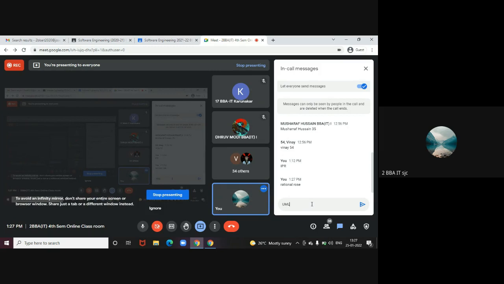UML is actually the language where we can implement all these diagrams. UML stands for Unified Modeling Language. By using UML, you can implement all these diagrams, but UML is again a big subject. We are not going to learn anything about UML. It is an object-oriented designing methodology. But for implementing UML diagrams, we can use Rational Rose software. Even online also, we can design all these diagrams without installing. So this is the practical part.